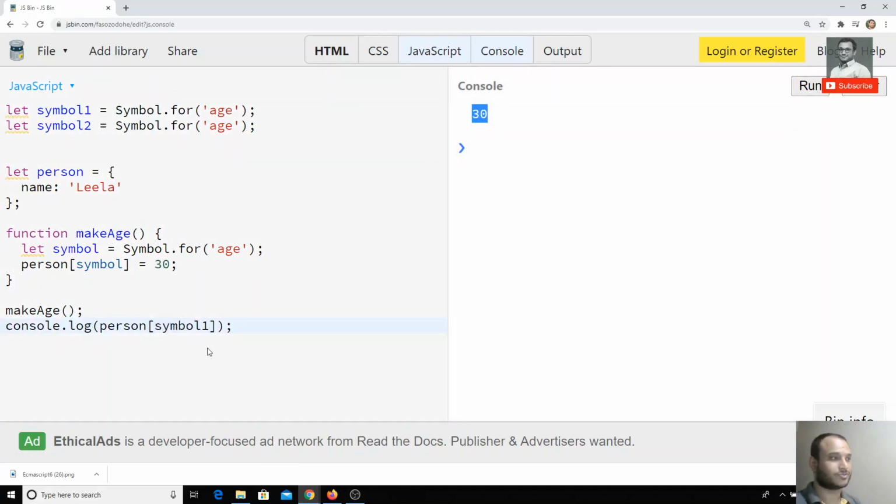I can use symbol2 here also, and I get the same result. In this way we can share the unique identifier between objects or anywhere you want.